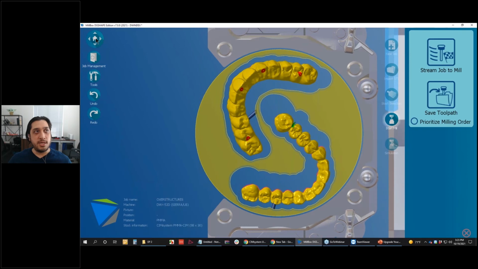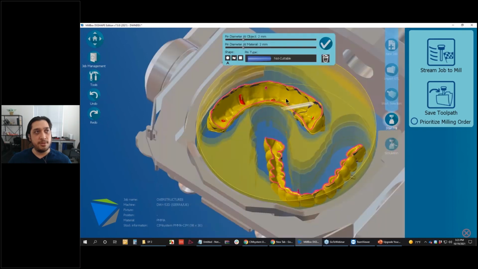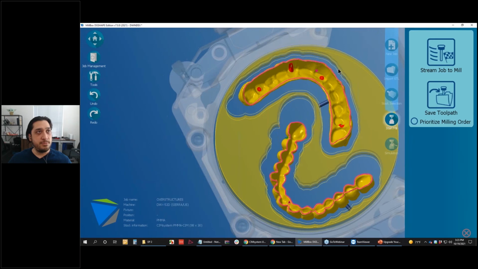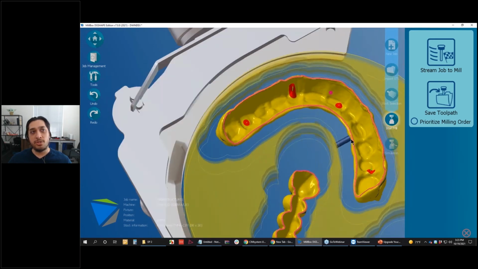But as far as processing the overstructures on this particular workflow, that's about all that we need to do here. So if you guys have any questions, be sure to let us know. I think some of the other things that I would consider on overstructures are,